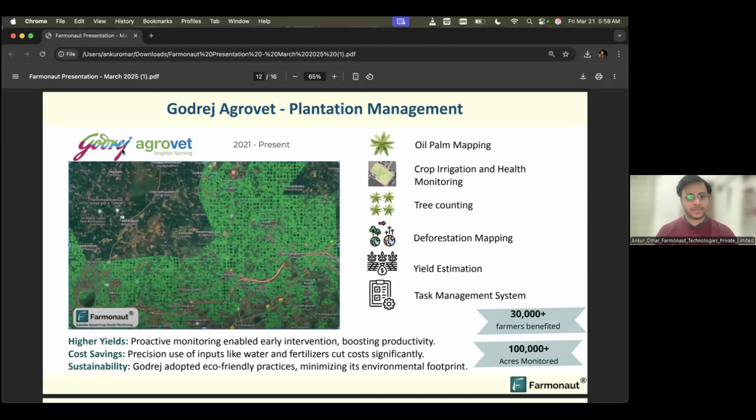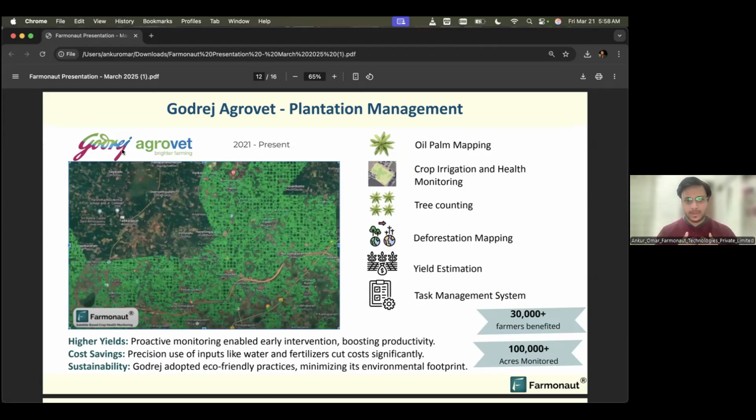What we have done for them is we have first of all distributed our application to their ground team, and their ground team is actually using our application to geotag all their farms. First of all, they go and visit the farms, they geotag the boundary coordinates, the latitudes and longitudes, the entire boundary, and minimum information about the farmer, like the farmer name, farmer phone number, the farmer's land ID, code ID, all these things, and they are just creating that digital repository of all of their farms